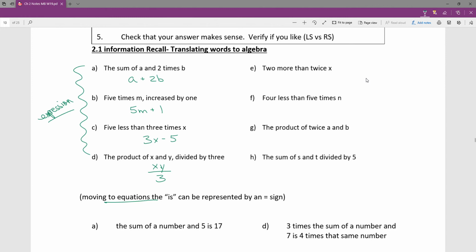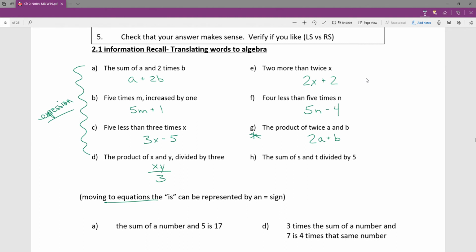E says 2 more than twice x, so you'd have a 2x plus 2. F is 4 less than 5 times n. G is the product of twice A and B. That one seems kind of ambiguous. I think it needs some comma in there or something. I'm not sure that I totally agree with that one. But anyway,